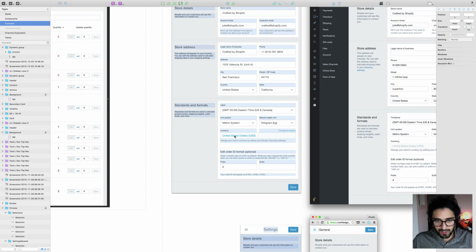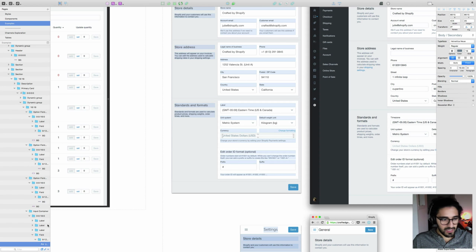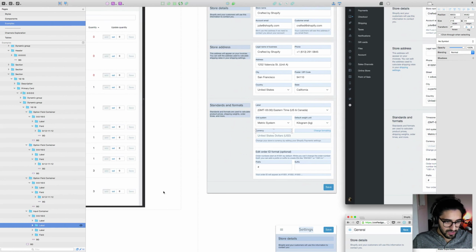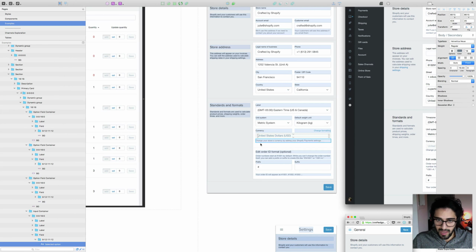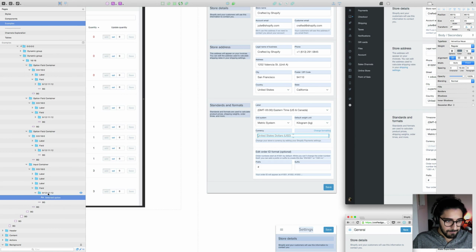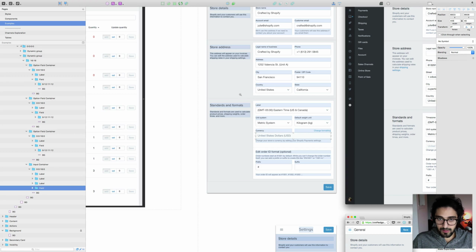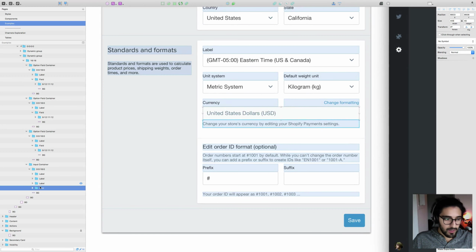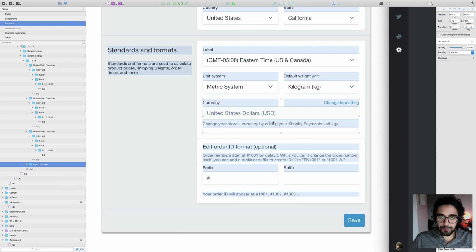With something as atomic as this text, I have actually placed that inside of a field. So just going to zoom right in so we can see. I've placed that inside of a field. The field is placed inside of an input container that contains the labels, the help text in the bottom here, and this little action. So that goes into the input field group. The input field group fits within this